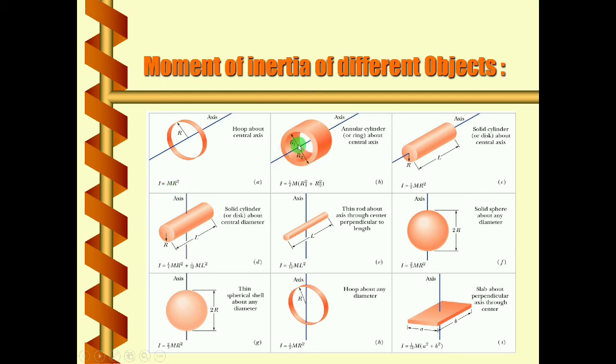Similarly, when we consider a hollow cylinder, again the axis of rotation is passing through the center and perpendicular to the plane, that is the cylindrical axis. In that case I equals m times r1 square plus r2 square. R1 and R2 are the inner and outer radii, right? You can observe here. When we consider a solid cylinder, this expression becomes half m r square. Likewise, you will remember everything here, right?